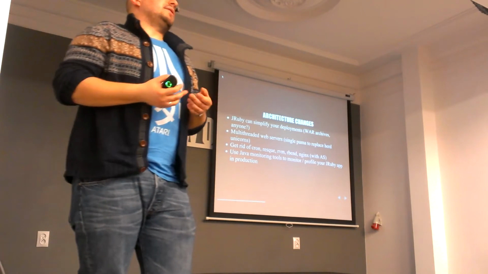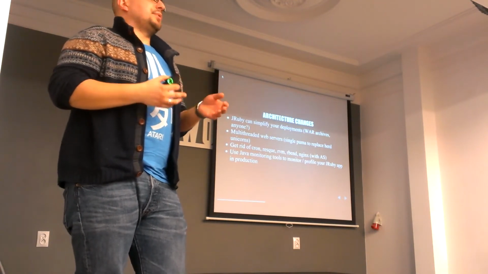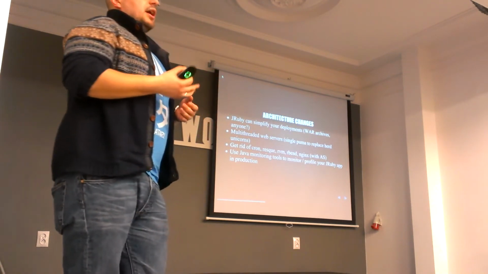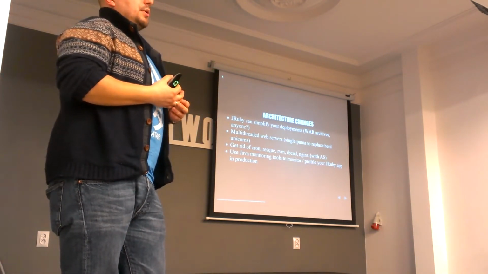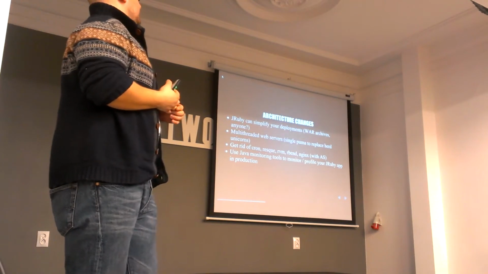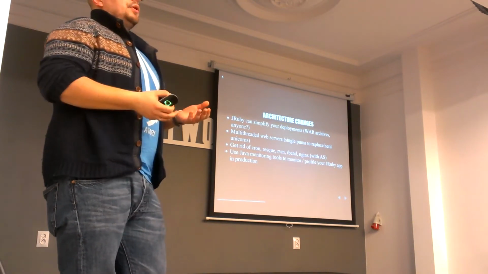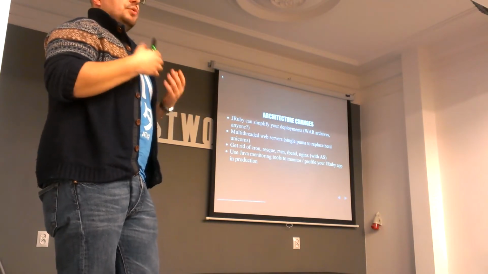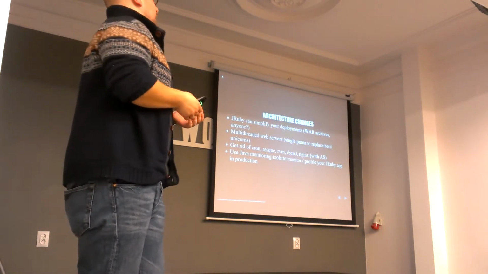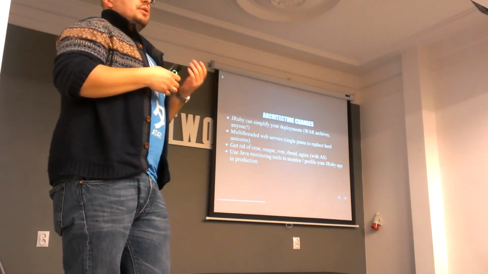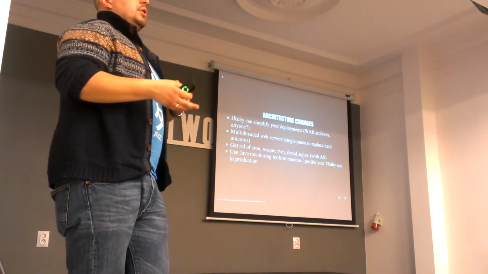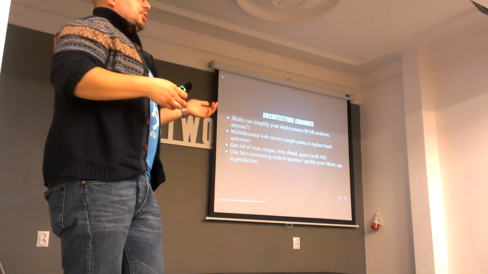But that's not all that JRuby can offer you. Not only thread safety and running development on JRuby. You could exploit the environment of Java to power up your Ruby application. For example, you can deploy JRuby applications on top of Java web containers or application servers. For example, there's a gem that's called Warbler. You can pack your Ruby application into a WAR archive and deploy it onto, I don't know, a Tomcat container or